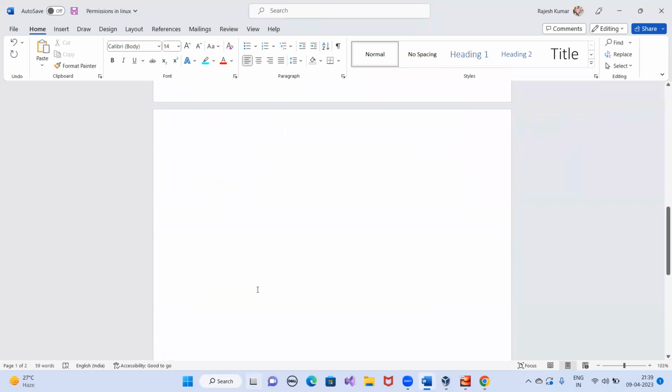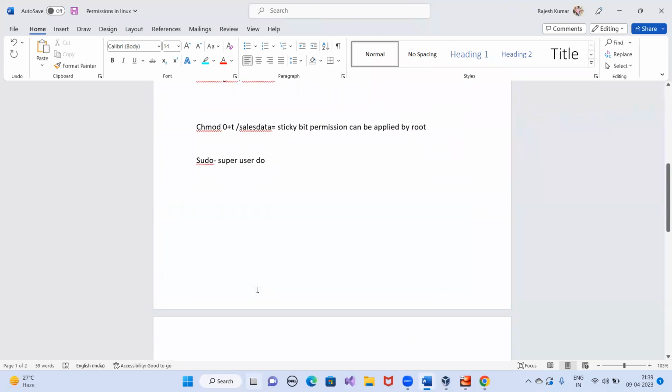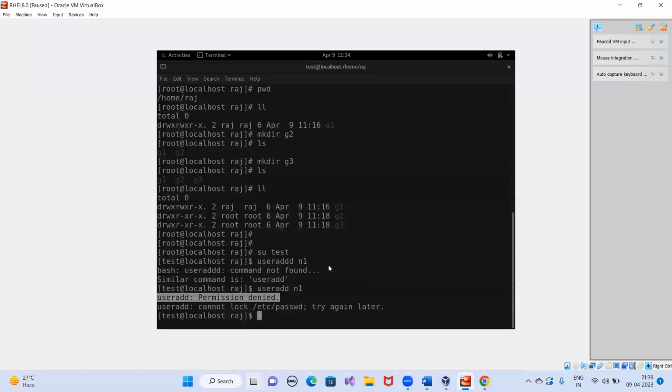But if I want to give any root level permission to the user, just like I want to give the user creation permission and user deletion permission to any normal user, so I want to give them admin level permission that they can create the user, they can delete the user, they can create the group also, they can move the member also. So that's called admin level permission. I don't want to give them full permission on the system, but I want to give them a specific permission on the system, that is admin permission. So how can I do it?